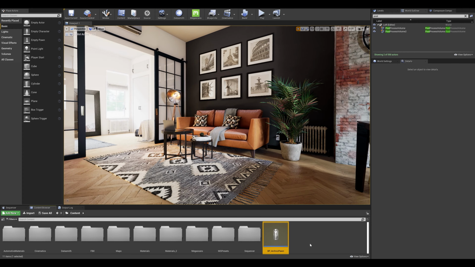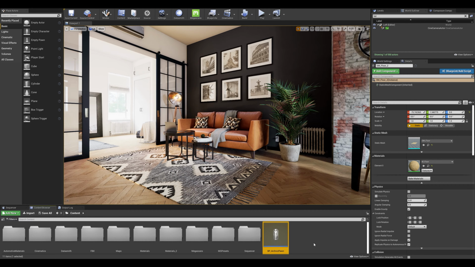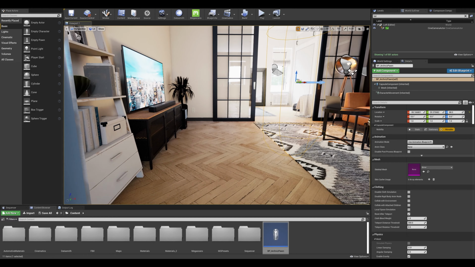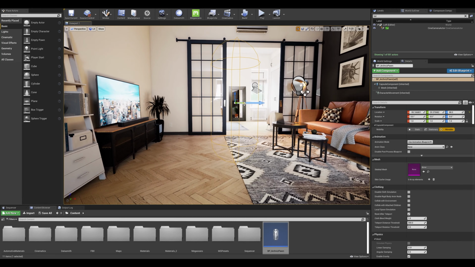Now, I recommend creating a blueprint as we can drag and drop it across different projects, further customize these settings if we need to, and most importantly, keep the values consistent between levels. Okay, now with that done, let's drag our blueprint into the scene, and I'm going to be enabling show actors by pressing G on my keyboard. And we can see this capsule component that is representing our player.